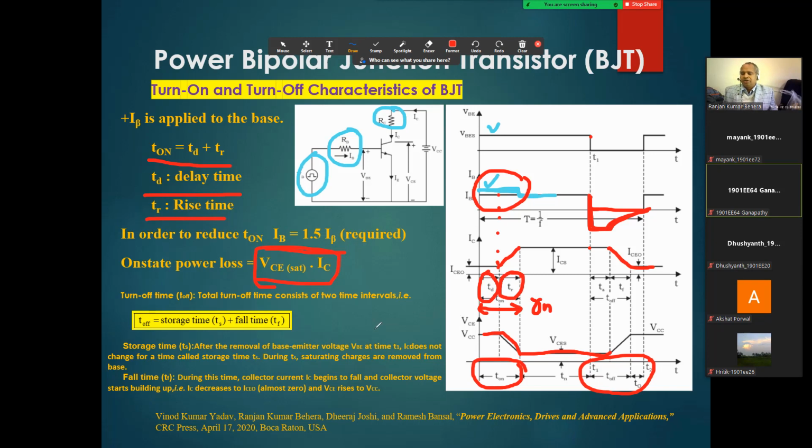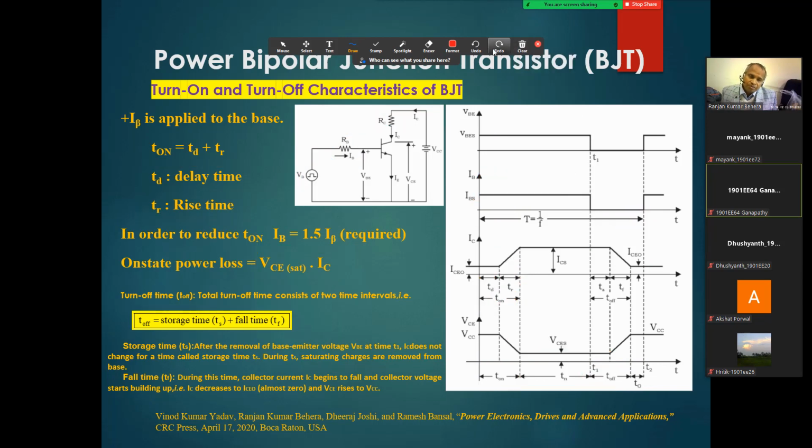Okay. So if it is asked that it is an ideal switch, that means only during the on period and during the off period will you get the voltage. So if